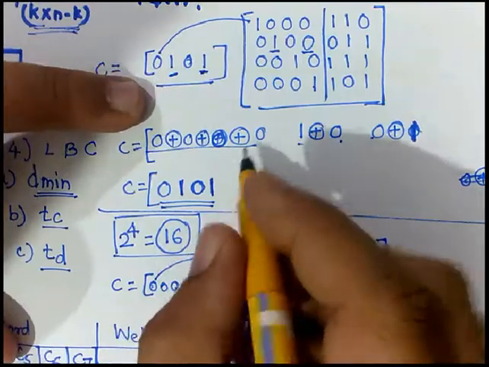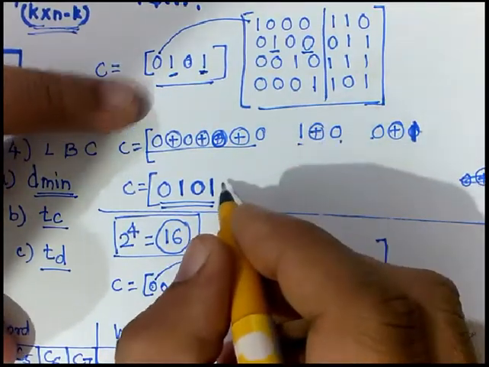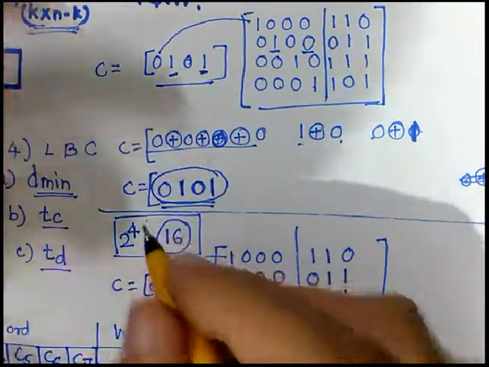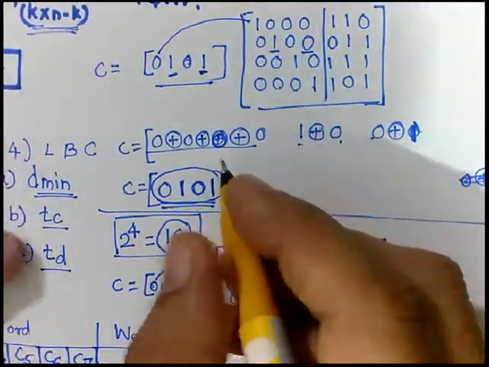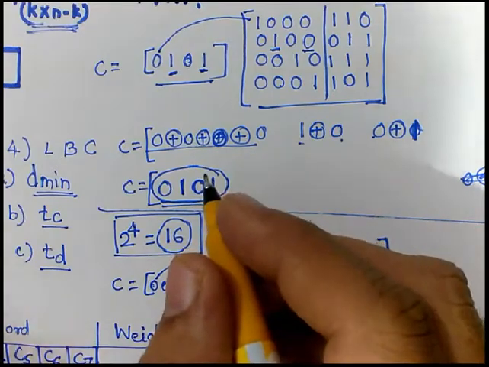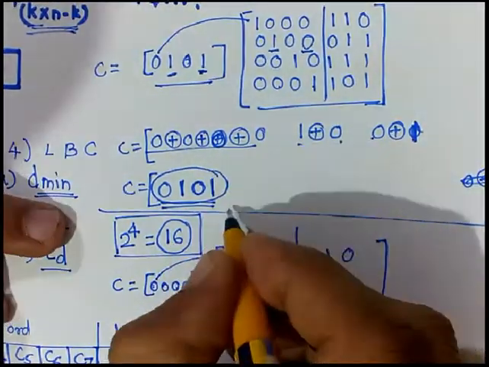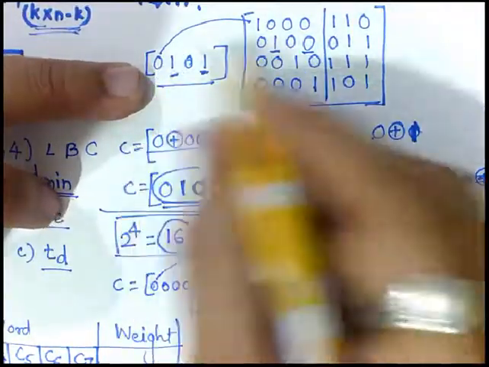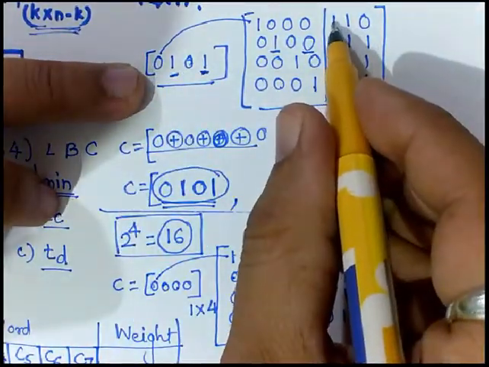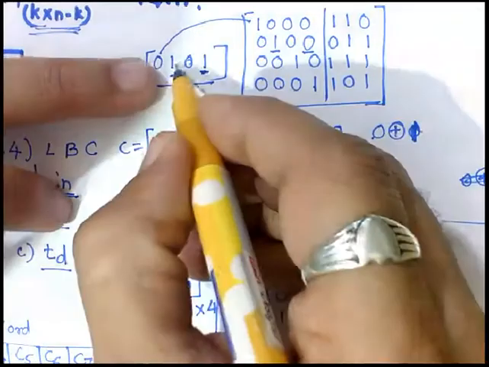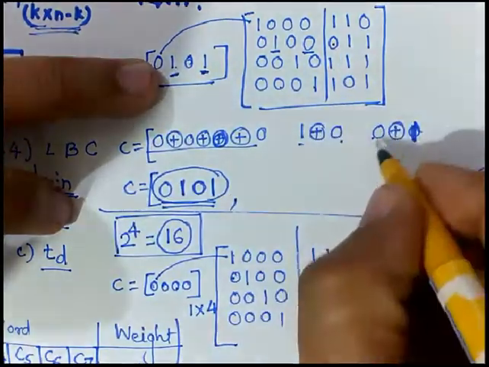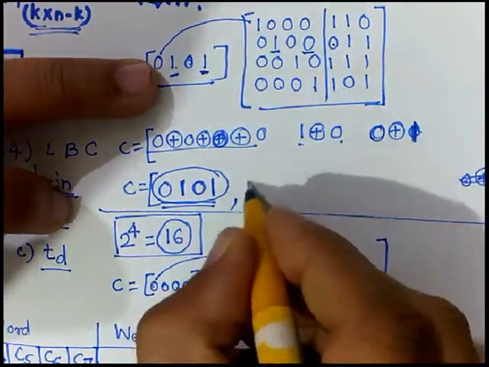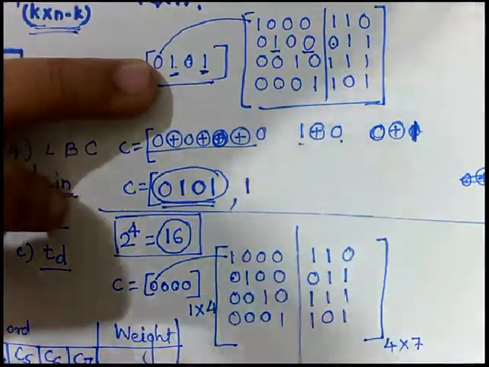Okay, now the next 3 bits are quite important, because here you will find that it is the same as the message word. We need not do any additional effort over here. Now the effort to be taken is to calculate the next 3 bits. So 0 into 0, 0 into 1, that is 0. Next 1 into 0, so it is 0. Final 1 into 1, that is 1. So this bit is 1.